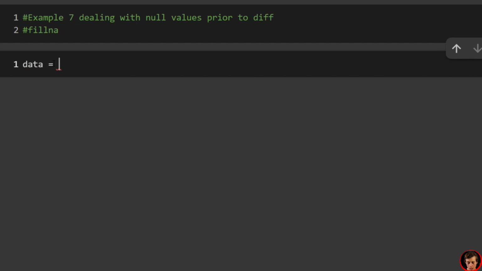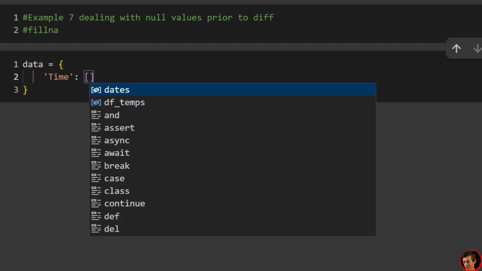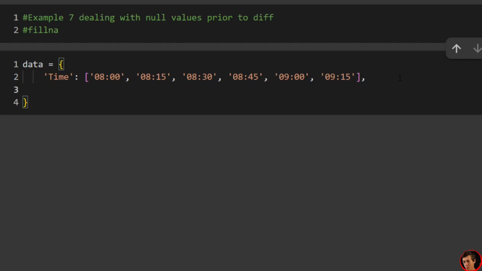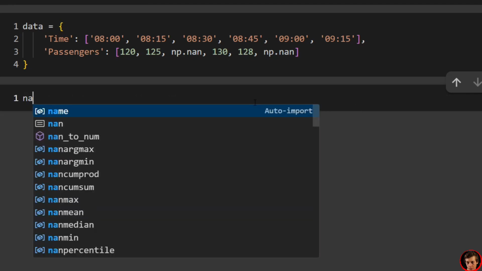Data equals, we're going to look at time data of trains. This was literally the only thing I could think of from when I was on the train rides recently. So we're just going to pass in train times. I'm not going to type all this out. So I'm just going to copy this in: 8, 8:15, 8:30, 8:45, 9, and 9:15. And then the passengers for trains. So we'll just pass that in over here. So we have passengers as well as the time of the train. I don't even know how many passengers are typically on the trains. These seem a little bit low, but regardless,